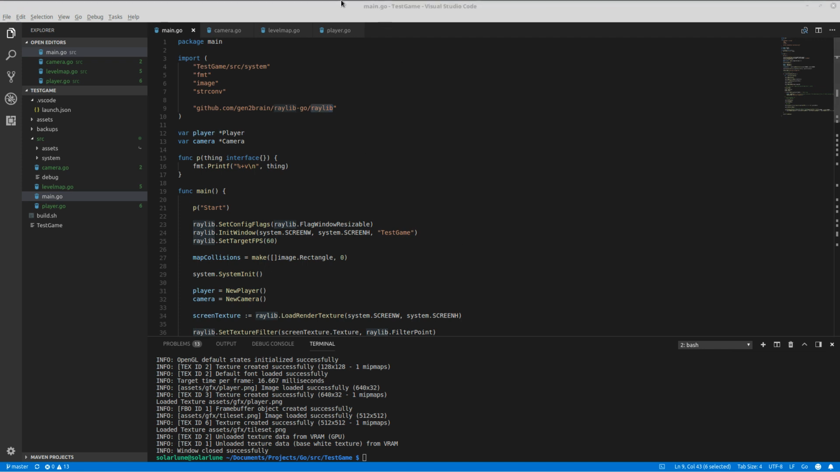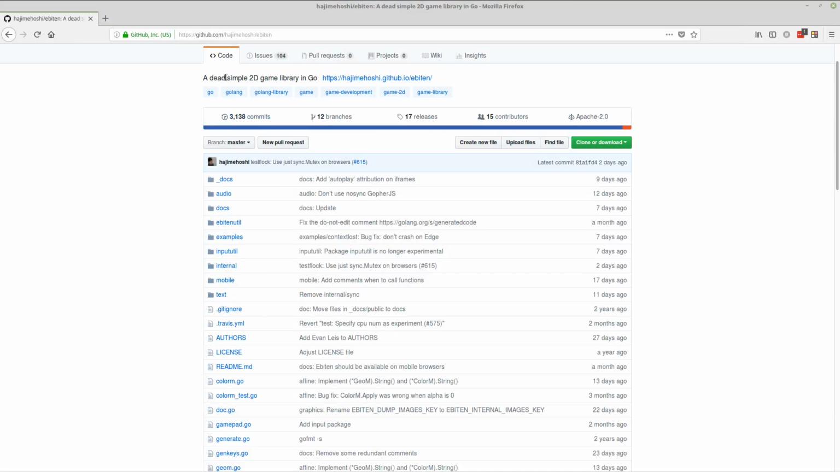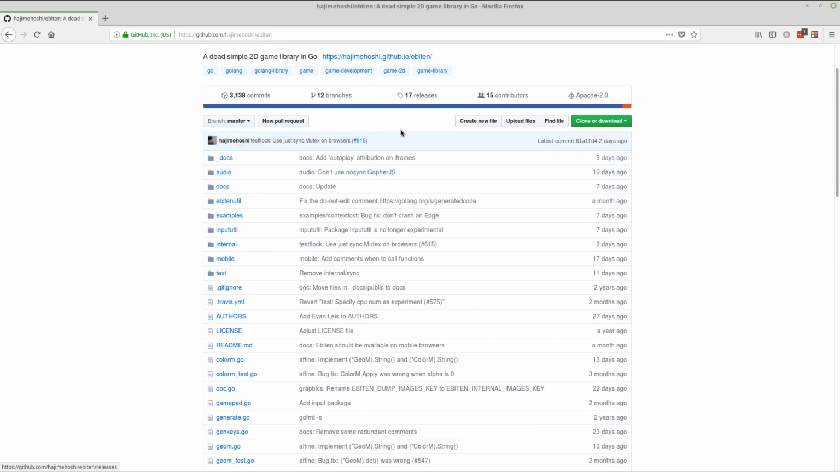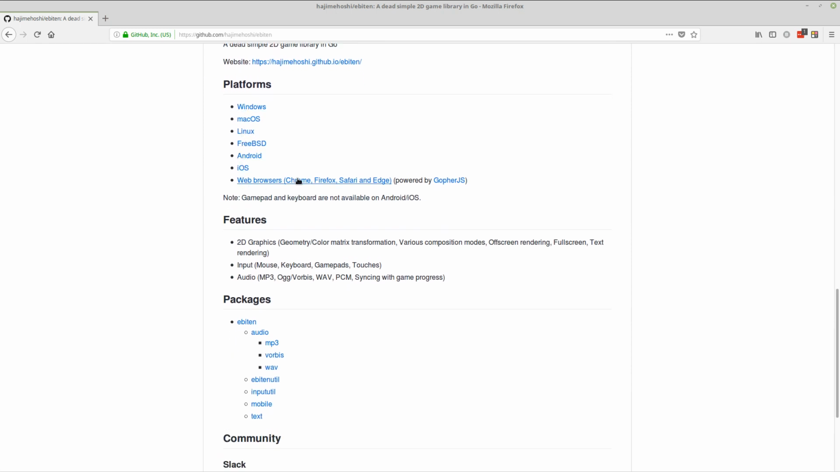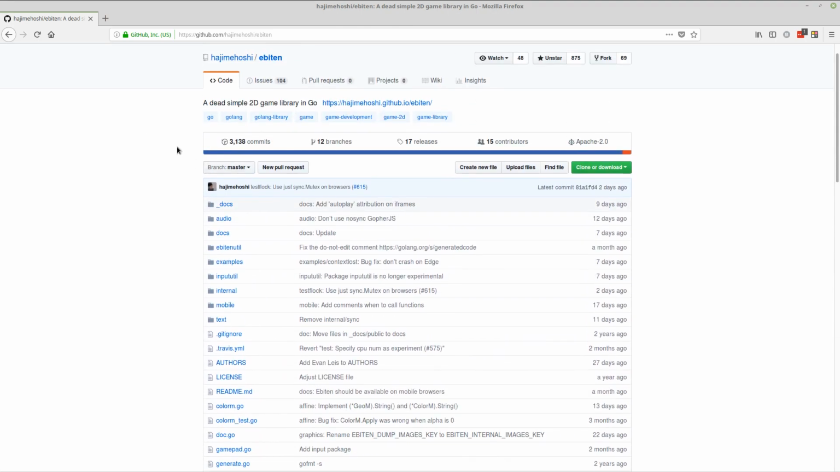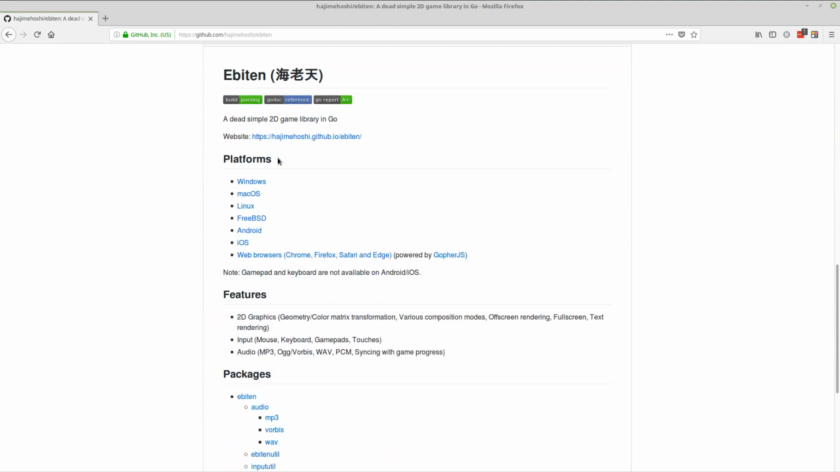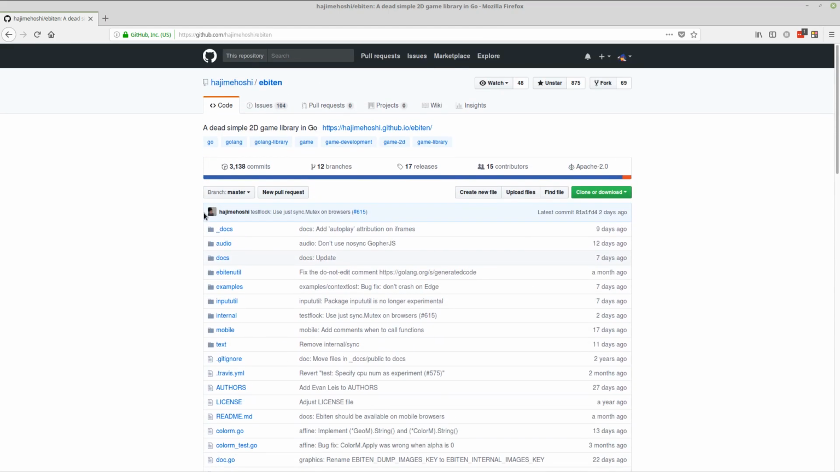Let me pull that up. Let me make sure I'm pronouncing that right. I think it's Ebiten. Yeah, Ebiten, which is a dead simple 2D game library in Go. And it supports these platforms, which is a significant amount more, which is nice. So I might consider going to Ebiten at some point, because I do want to have more options, but